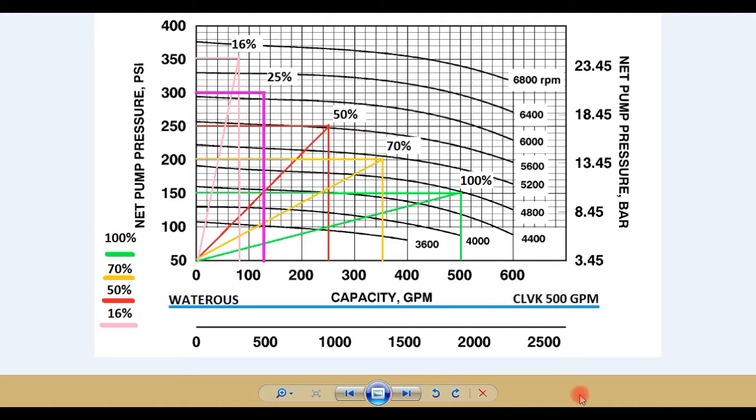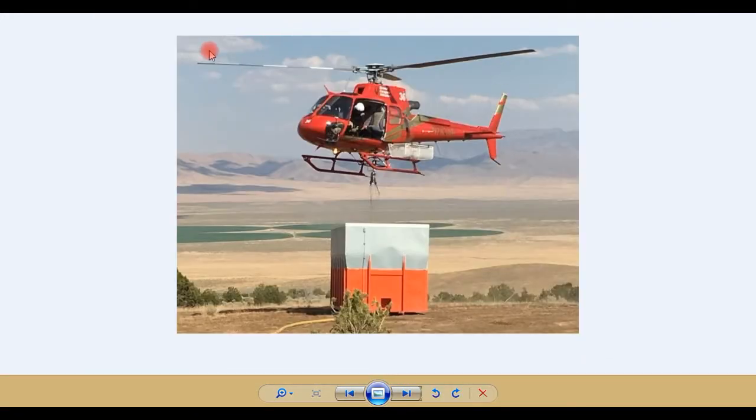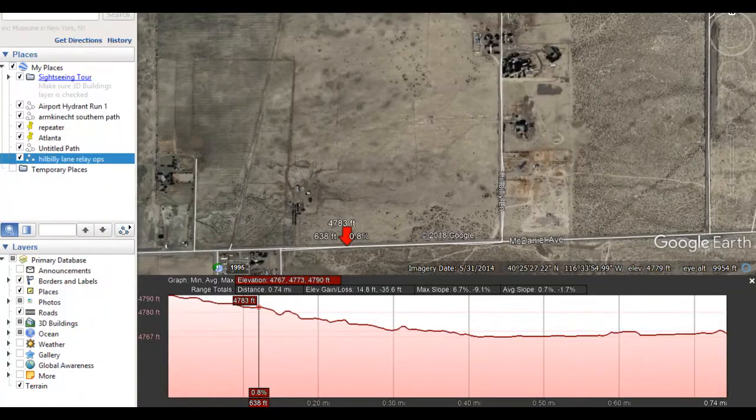Also, I'm going to cover helicopters again, and some of you guys in the volunteer departments and rural structure departments are probably getting sick of hearing me talk about this. There's a reason that I keep talking about helicopters. For us in the wildland environment, these guys demand the greatest amount of flow in equivalent gallons per minute. These guys move a tremendous amount of water very quickly and over a greater distance than any engine with a nozzle can. So I'm going to talk about that, and then I'm going to talk about how the structure world